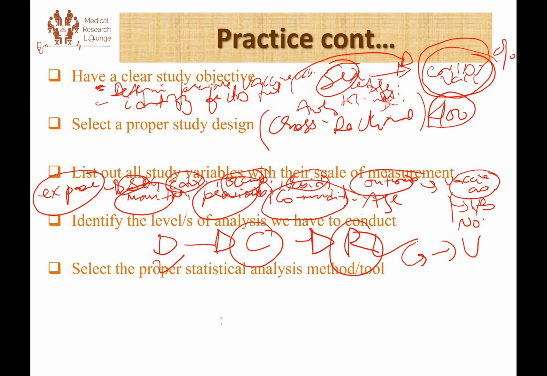So after going through this process, the final step is to select the proper statistical analysis method or tool that we should use. At this stage, we have figured out everything that we want to do. We have a clear objective. We have sorted out our study variables with their scale of measurement, and we have identified the level of analysis. Now, picking this will be like just going through some sort of manual and putting a label. For this, I'll use mean. For this, I'll use median. For this, proportion. For this, chi-square, for this, t-test. These are very easy and simple things that will come at the tip of your finger with just a few practice runs. So this is how you should go through the process of selecting your